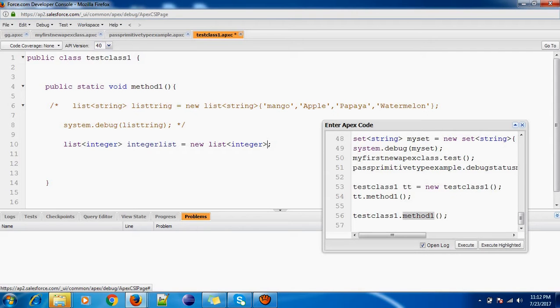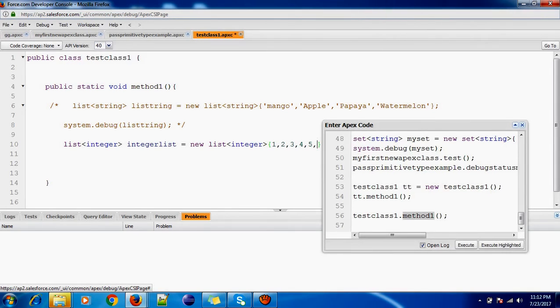Yes or no? In a string we have to add the inverted commas, but here it's not important because this is a number. 1 2 3 4 5 enough, or till 20 enough.